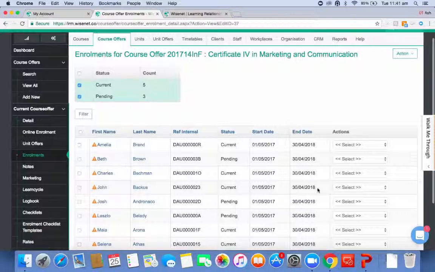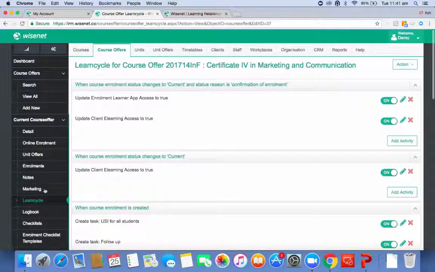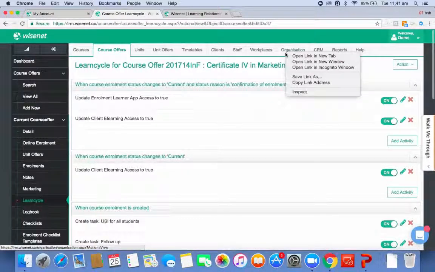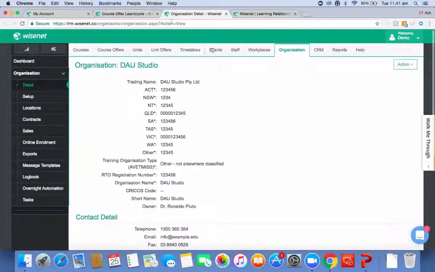Cool. Okay, so just going back into the Learncycles, I just want to even give you some ideas on what else you can create in the system. So I was talking to you about the status reasons. So just going to take you quickly through how to set the status reasons up. I'm opening the organization tab in a new tab just so that I don't lose the Learncycles page. So click on organization, go into setup on the left,